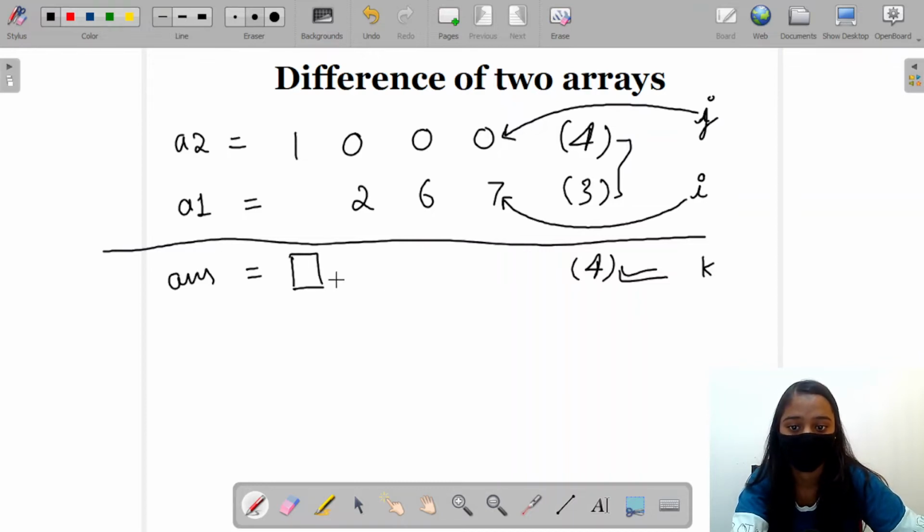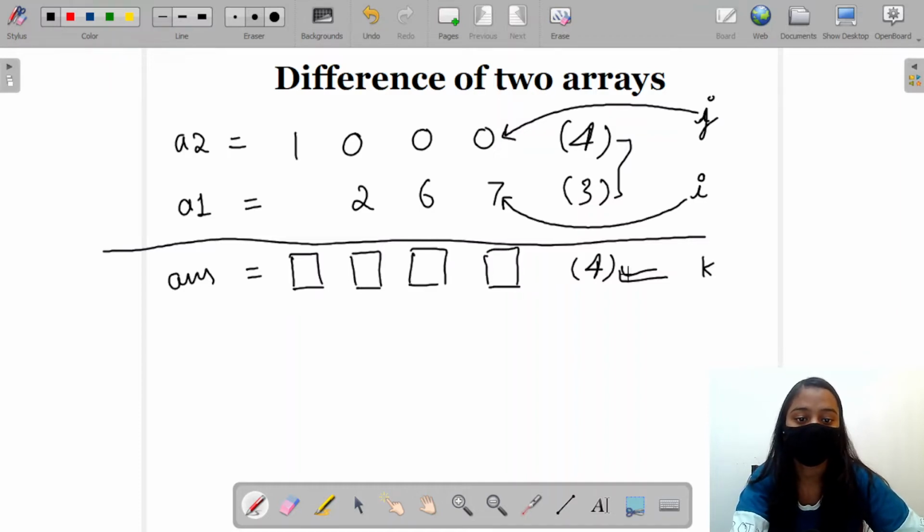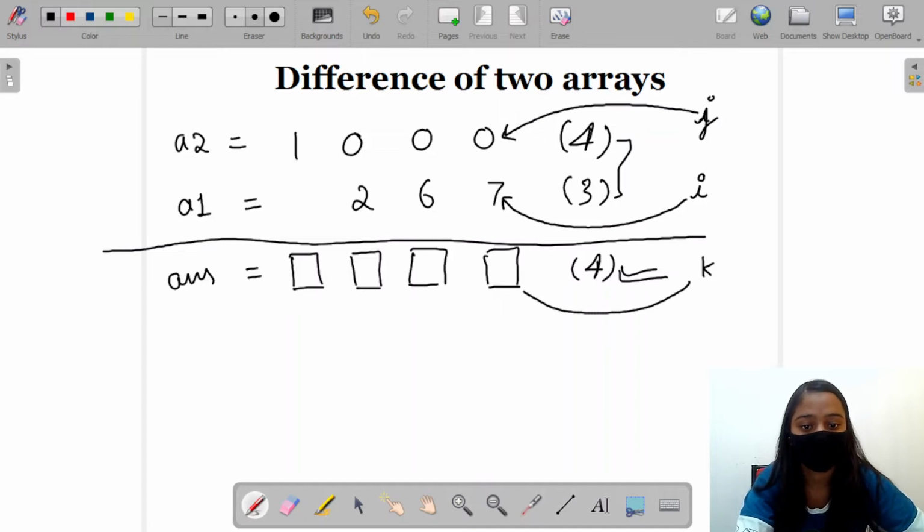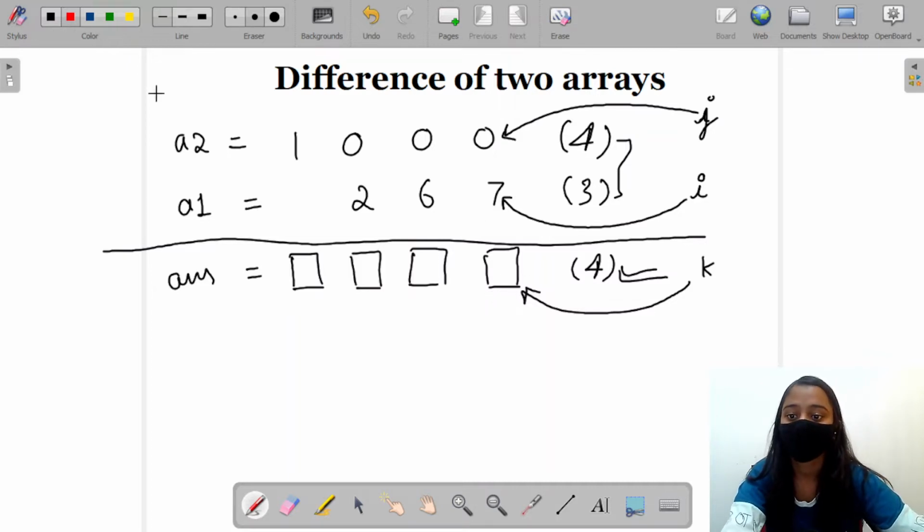Let's make 4 blocks here, representing the 4 array elements. The k pointer is going to point to the last index of the answer array. We will pick the element at the ith index and the element at the jth index, perform the subtraction of both values, and store the result at the kth location.